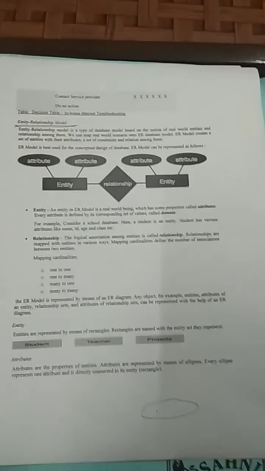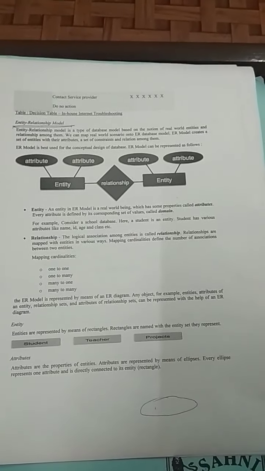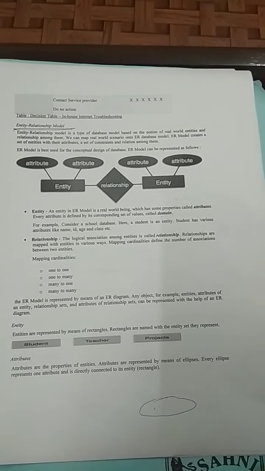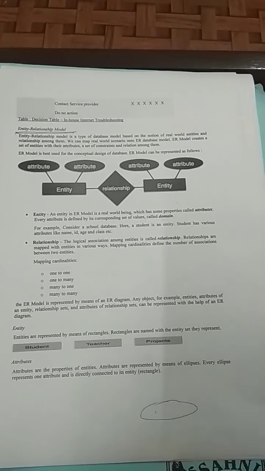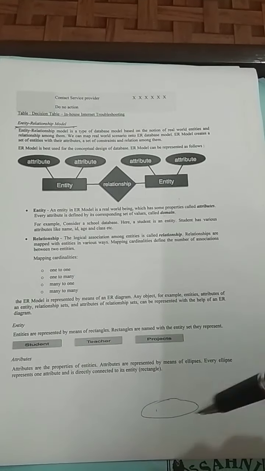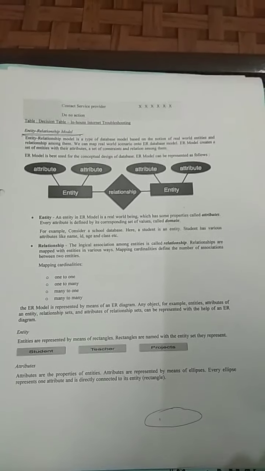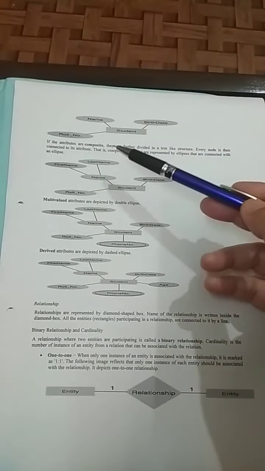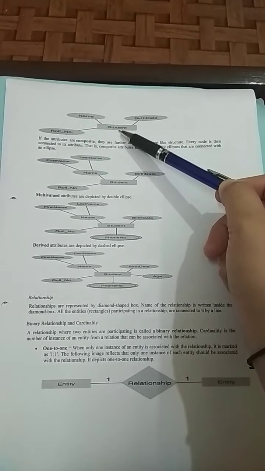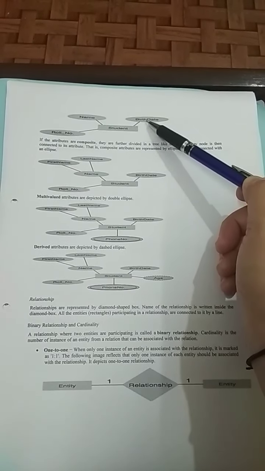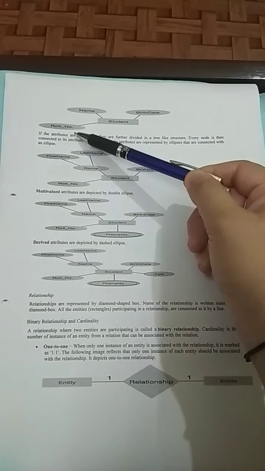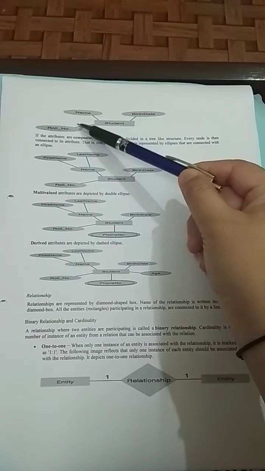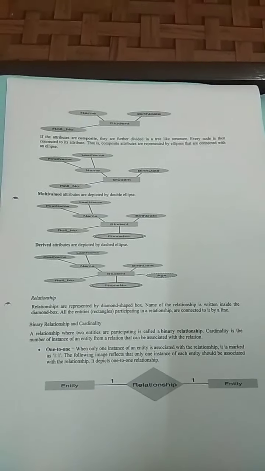So if we have an entity student and the attributes like name, age, date of birth and roll number, these are attributes, each in a different ellipse to depict the different types of attributes for an entity student, and each is directly connected with a rectangular box, or with an entity. So this is the example for an ER diagram. We have a student entity and its attributes: birth date, name and roll number. These three are attributes and all are in different ellipses, right?